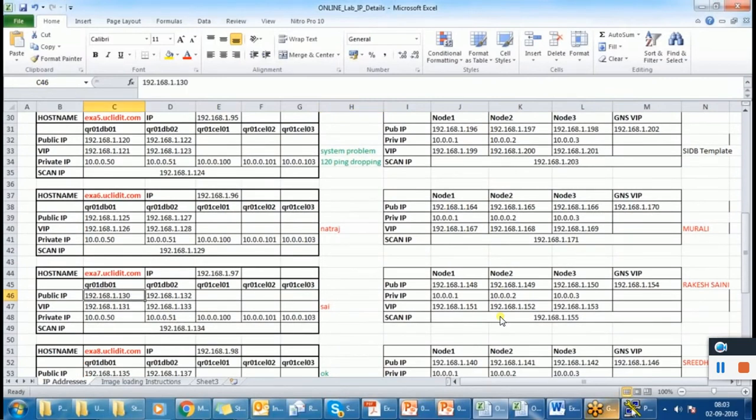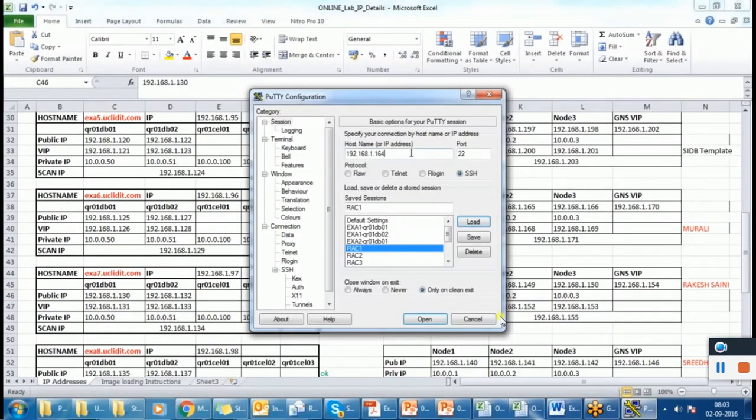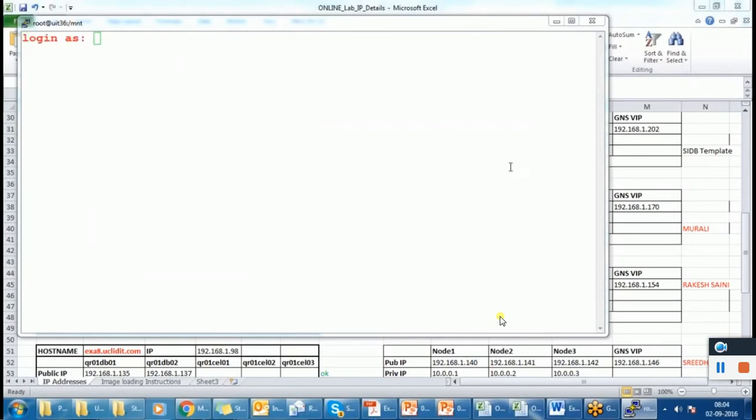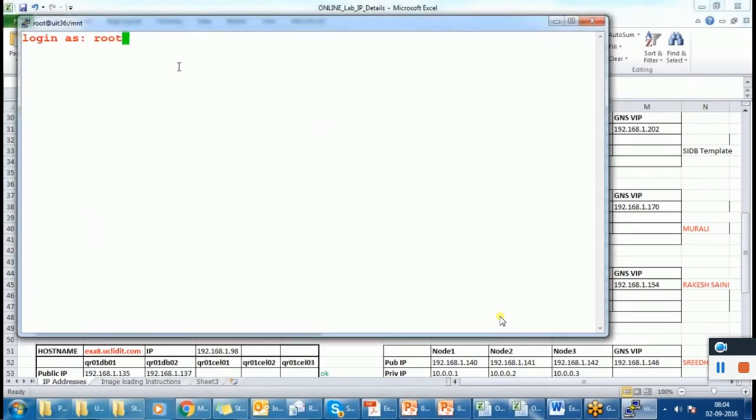130, right? Okay, so you have Xeon on your laptop, Sai? You tested this, or any of your friends has this?